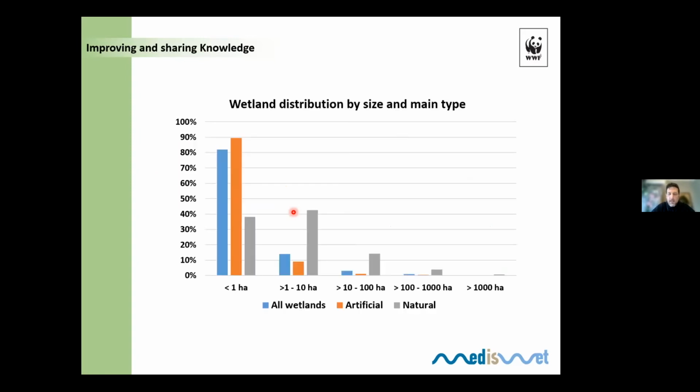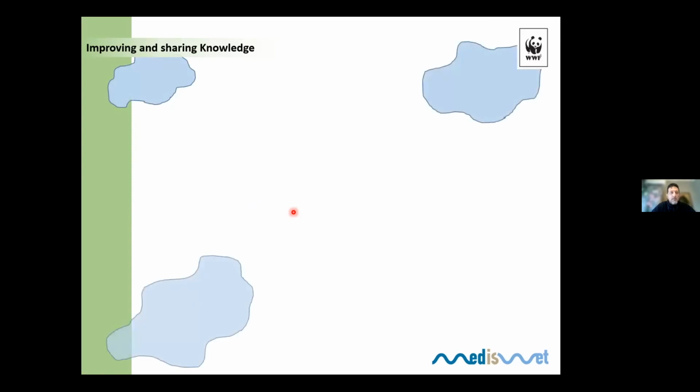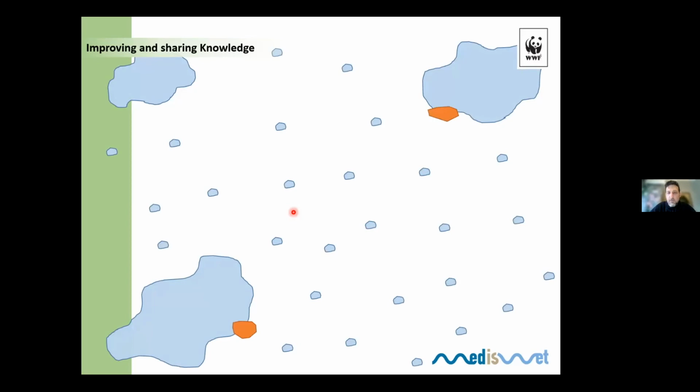At the same time, as I said before, all these wetlands consist of a network. The majority of them are below 1 hectare or 10 hectares, while only a few are above 100 hectares. Let me show you a picture of how this network works. The big polygons are the big wetlands in the Mediterranean, while the smaller ones are depicted with the small polygons. If you lose some big part of a big wetland, then okay, it will continue to be there. However, if you start losing smaller wetlands, then you will lose the integrity of this network, with a huge impact